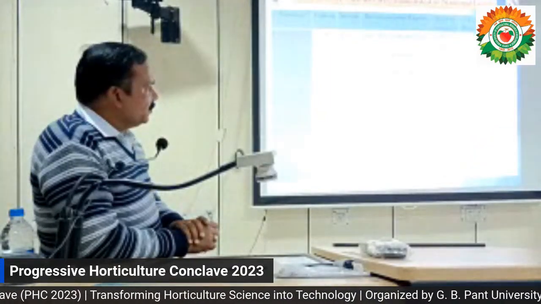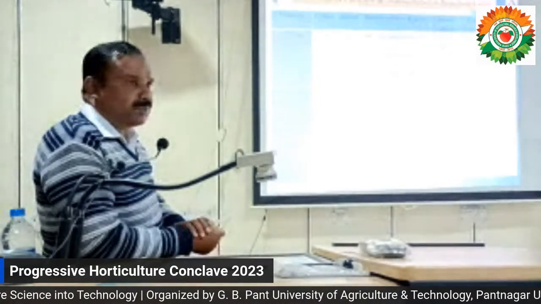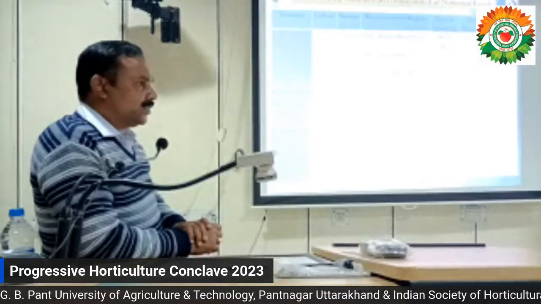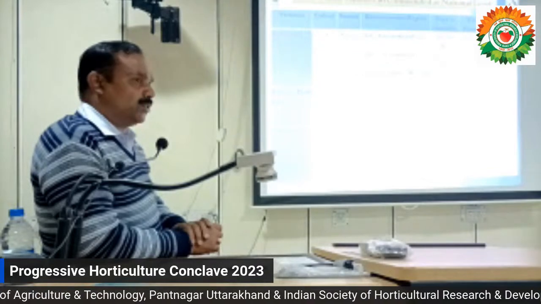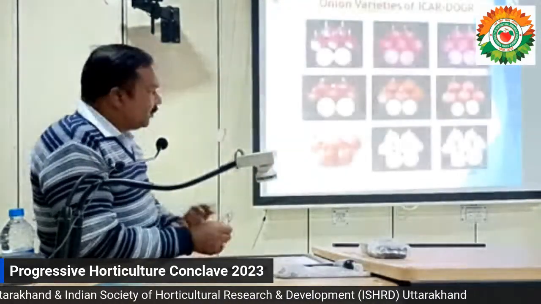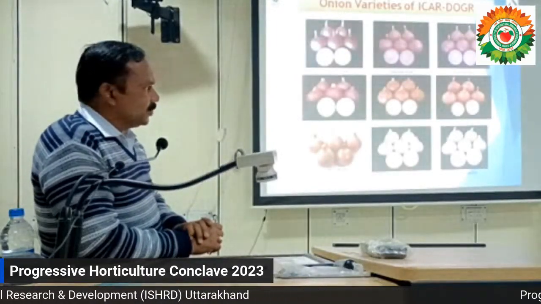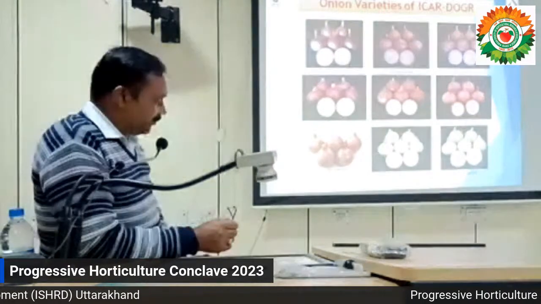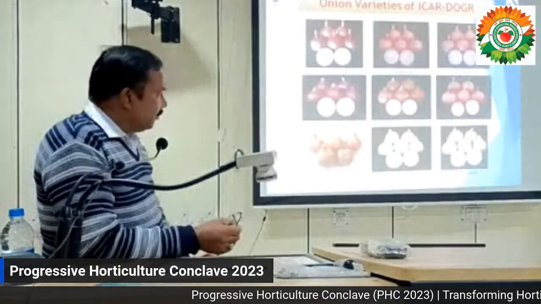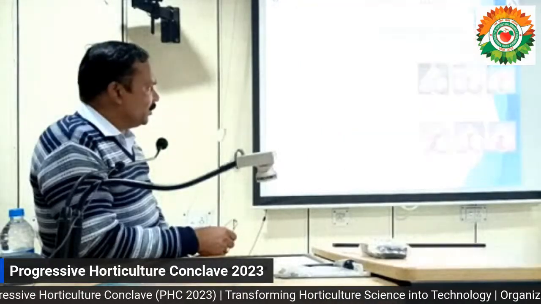I want to mention here that the main crop is the Rabi season, and 50 to 60% of produce is available from the Rabi season, and only 20 to 25% from Kharif and 20 to 25% from late Kharif season. So if the Kharif crop fails, then price fluctuation starts. So there is a need to develop varieties for year-round availability, so that price fluctuation can be minimized. This slide shows photographs of our varieties.